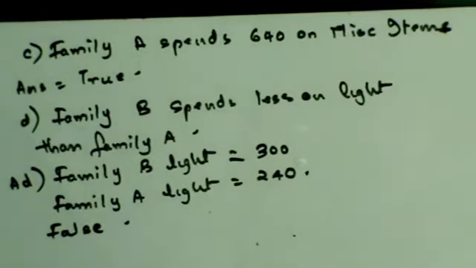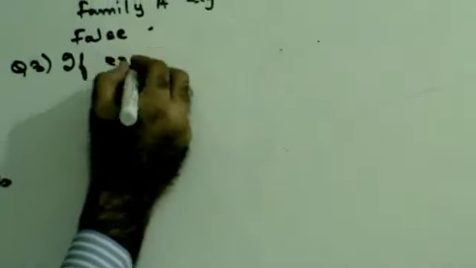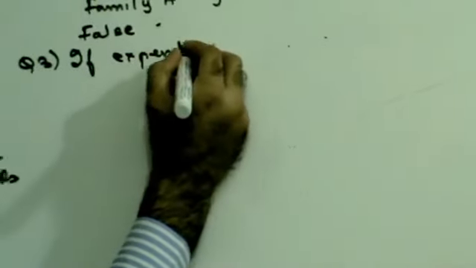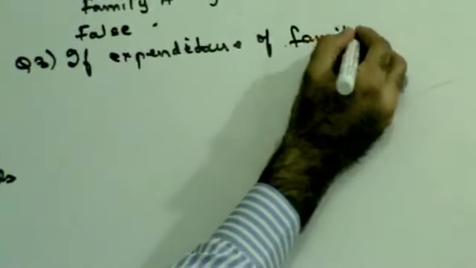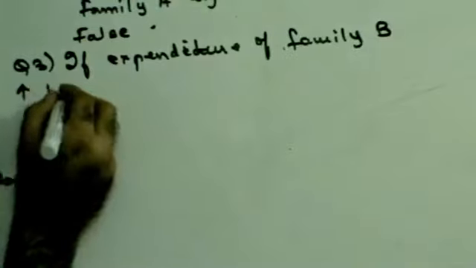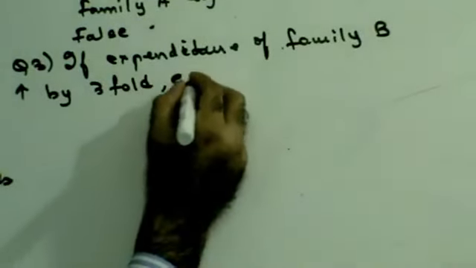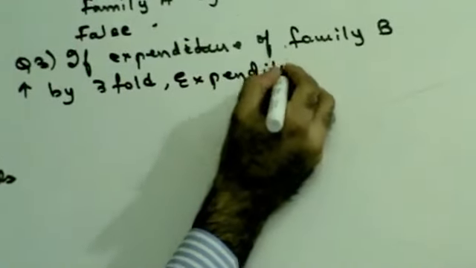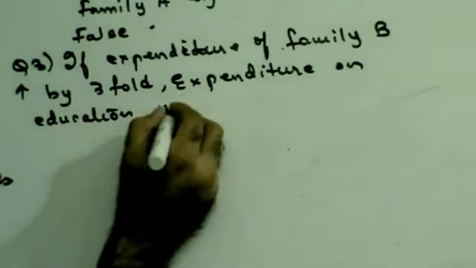Right? Next, question number 3. If the expenditure of family B increases by threefold, the expenditure on education will be